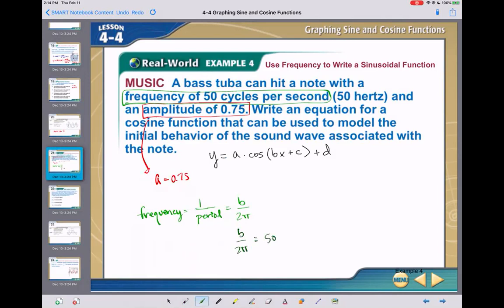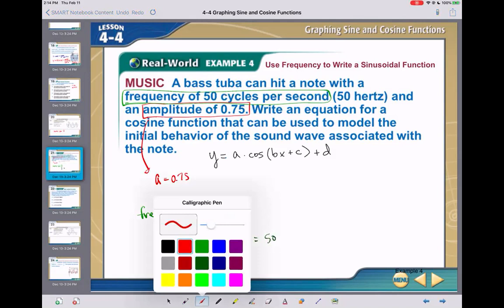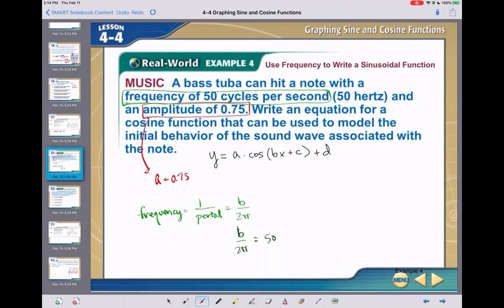So now I need to mathematically solve for my b value here. How do you get rid of dividing by 2 pi? What's the opposite of dividing by 2 pi? Multiplying. Yeah, we multiply both sides by 2 pi. To keep good solid numbers, I'm just going to say that b is 100 pi,